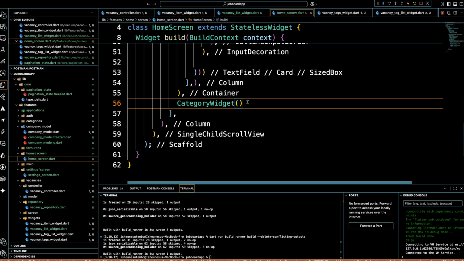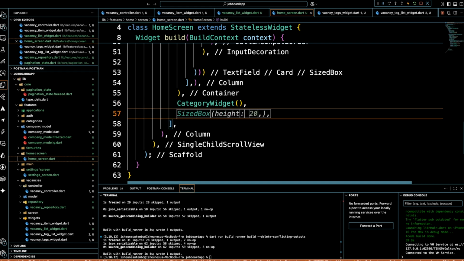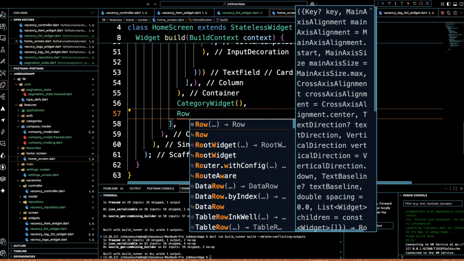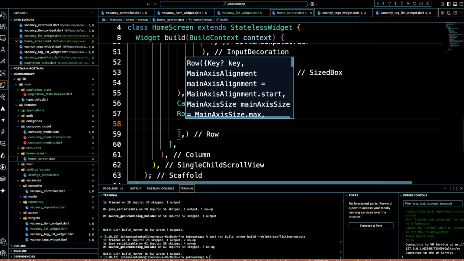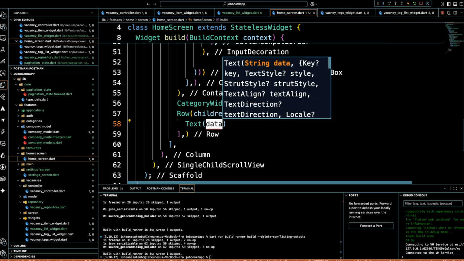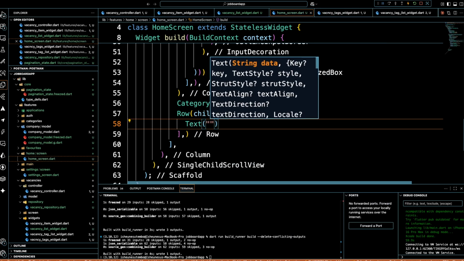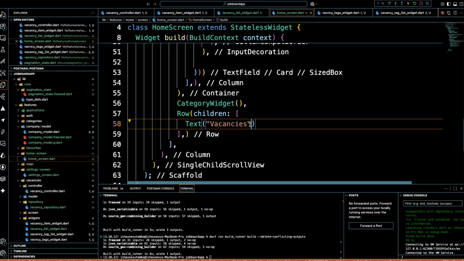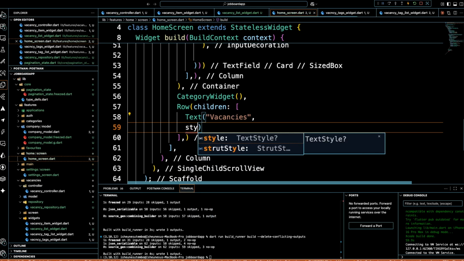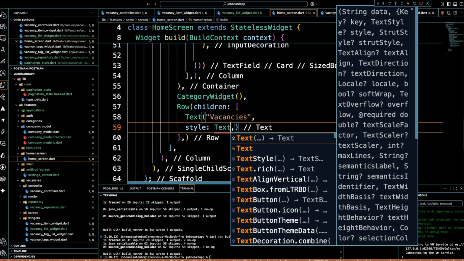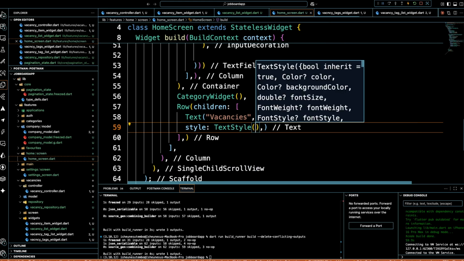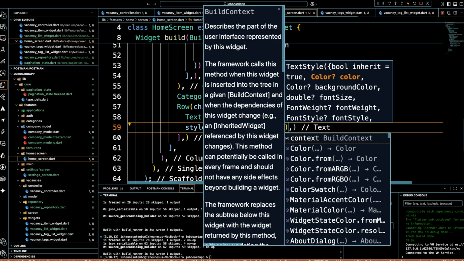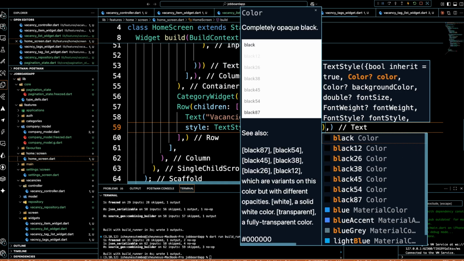Below our job categories widget, we'll simply create a Row widget with children, and then we have a Text with, let's just call it Vacancies. We give the text a style property, and then the color, Colors.jobBlack,